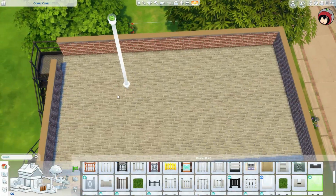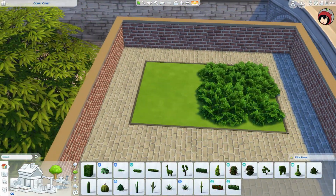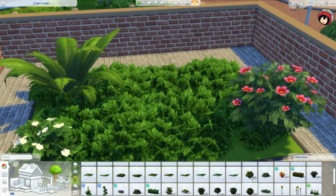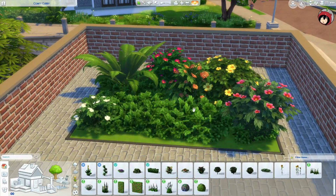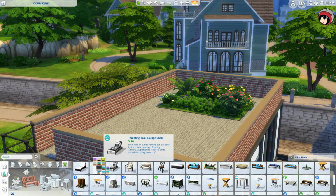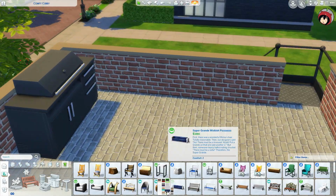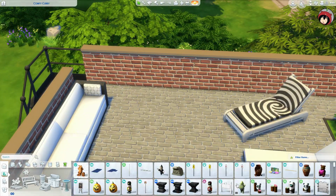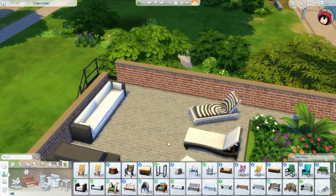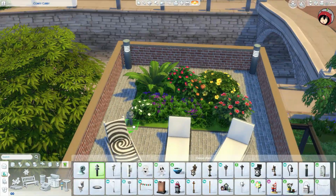But yeah, this is the first outside area. Of course, we have the rooftop terrace, and we also have the outside downstairs, the little garden area. But this is mostly just to sunbathe. There's nothing too fancy about it. But I used the grass of Island Living by sizing it down, because normally it's very large, but now it's actually the height of regular grass. And yeah, a little bit of greenery up on your roof. And then I'll add some sunbathing moments. Maybe if you throw a little party. But yeah, I really enjoyed making this little